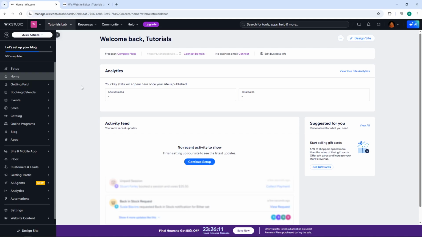Welcome back, everybody. Today, I'm going to teach you how to copy a design of an element in Wix. This is incredibly useful when you want to maintain consistency across your website without having to manually recreate styles every